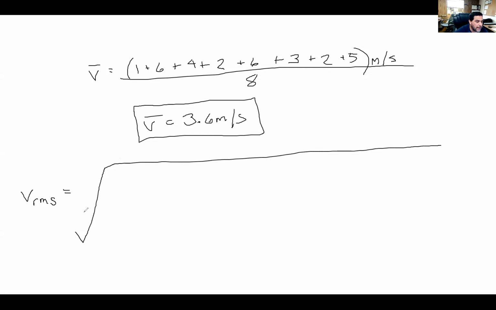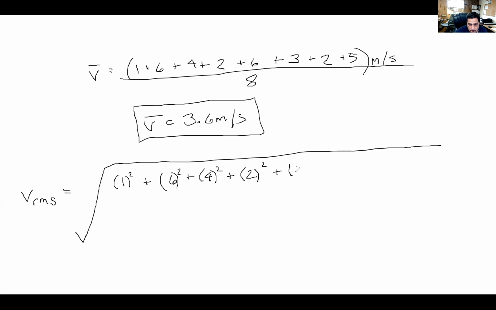Sometimes you'll see this in research. So you will take all of your data points, all of your velocities, and square them in the numerator. 1 squared plus 6 squared plus 4 squared plus 2 squared